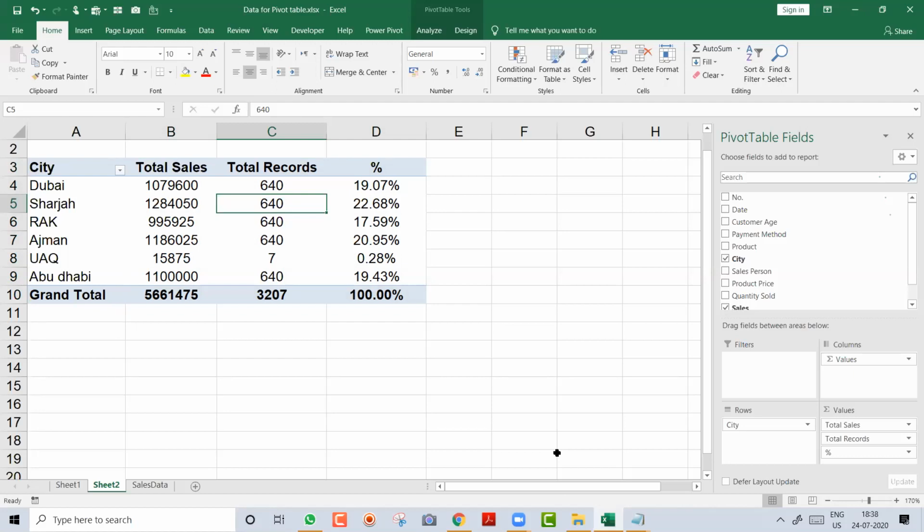Rameshwari is saying, please explain once again. Okay, Rameshwari. Muhammad is saying, show value as is not available on my Excel. Are there any alternatives? I think Muhammad, you are using an old version, so I will show you another way. Possible, if you are using an old version. Vishesh is saying not available. I will show you. Don't worry, friends.